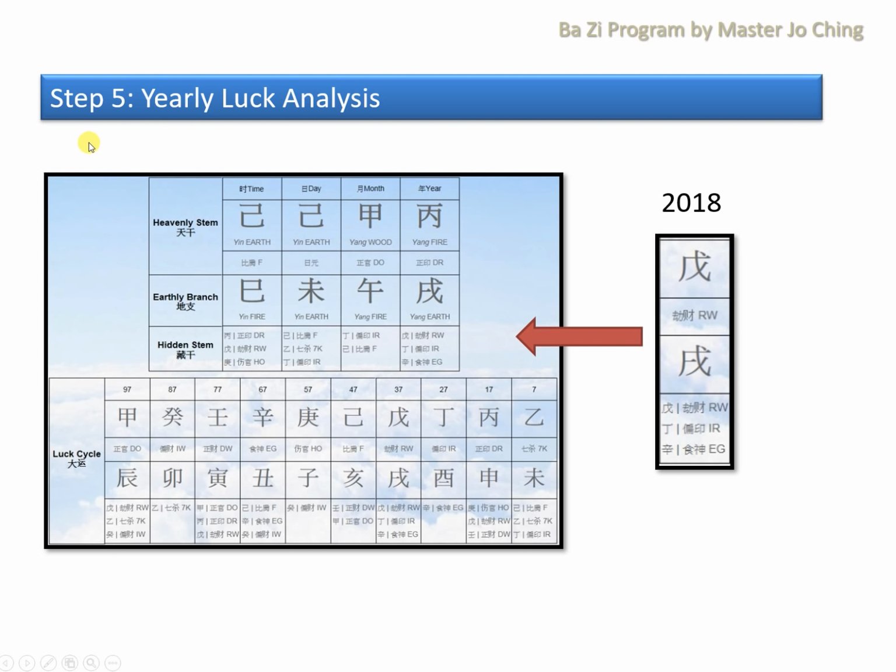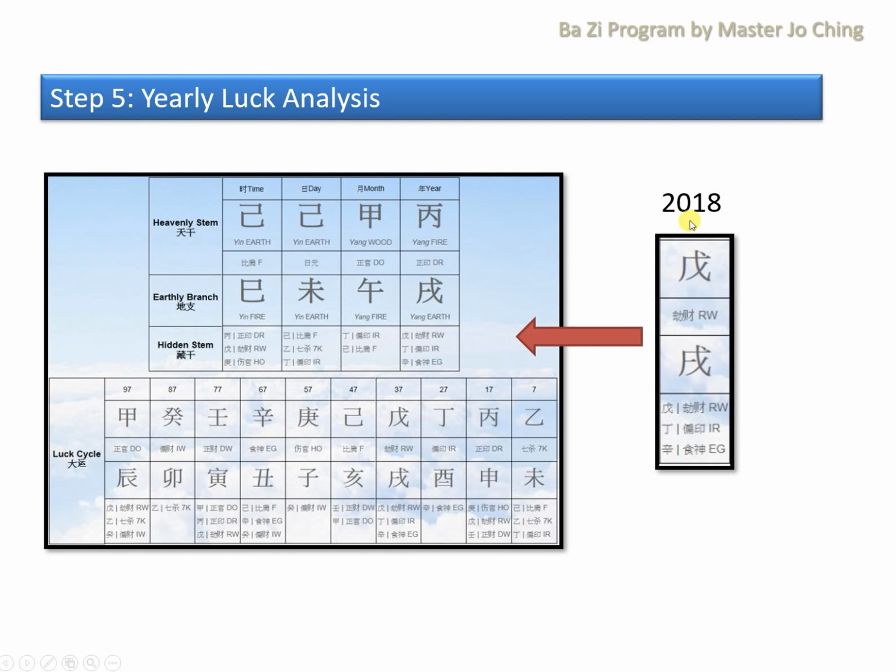Step number 5. After you look at your luck cycle, you go into annual or yearly luck analysis. For example, if this is your Bazi, your luck cycle, you look at how 2018, this energy, this pillar, is going to interact with your whole chart. And of course, in our school, we are going to teach you based on the Taiwanese Qi flow method,